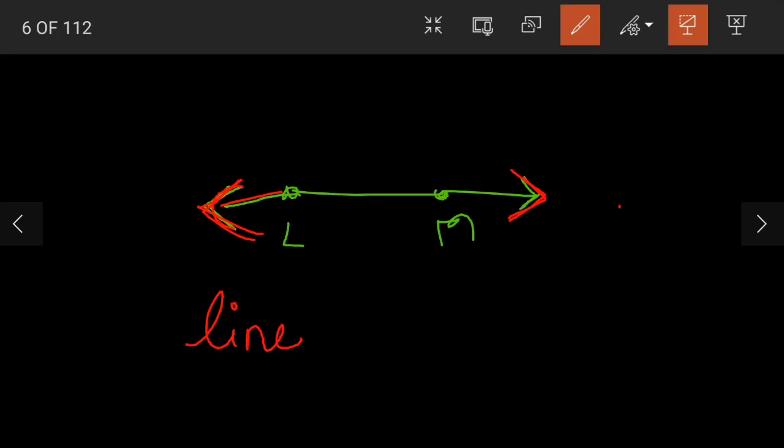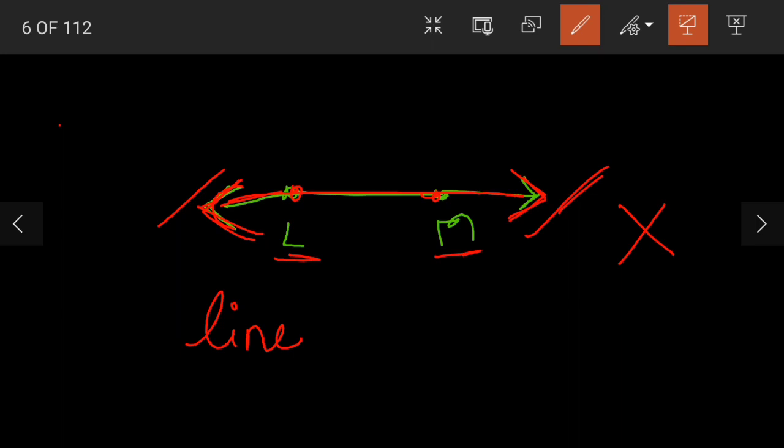Now can you tell me how many endpoints our line has? It has no endpoints. See, on both the sides it can be extended. There are no endpoints for the line. Now what about this L and M? Are they endpoints? No, children. They are not at the starting end or the ending. They are on the line. So this is the line, and L and M are 2 points that are placed on the line. So they will not be the end points.